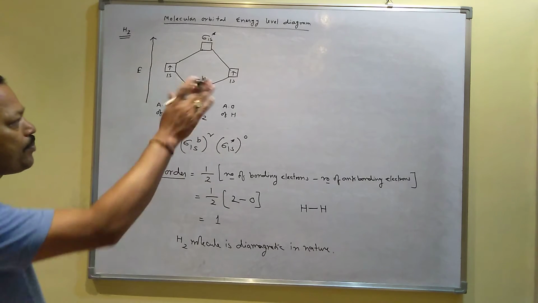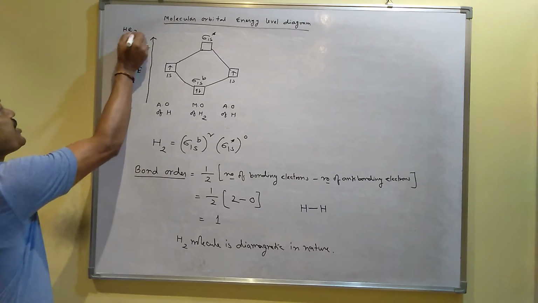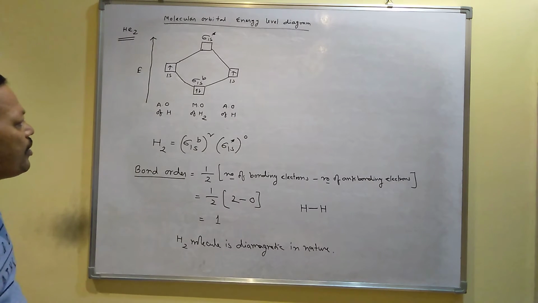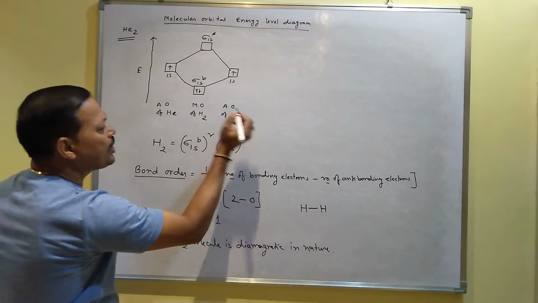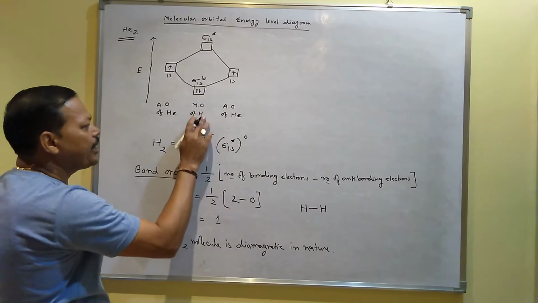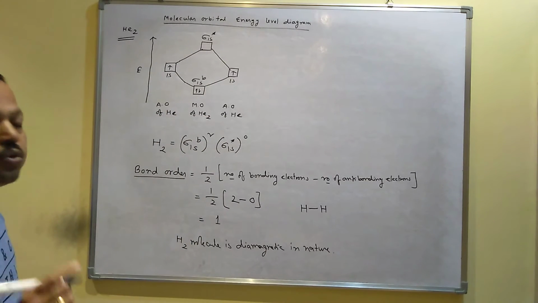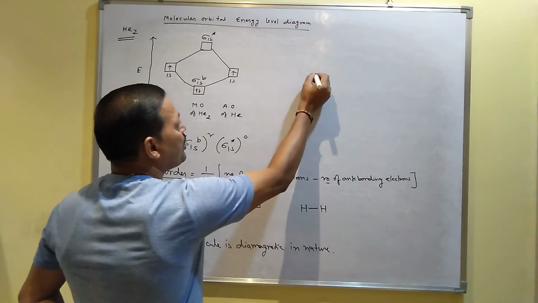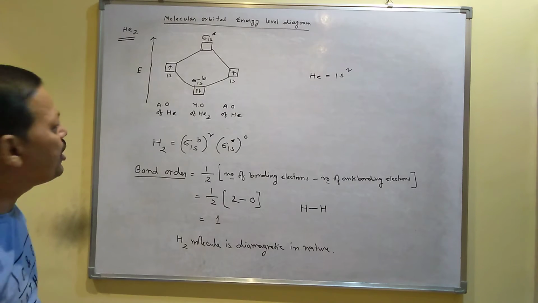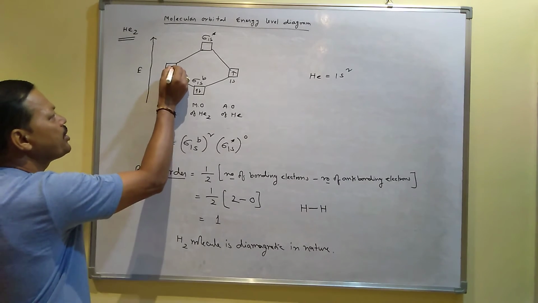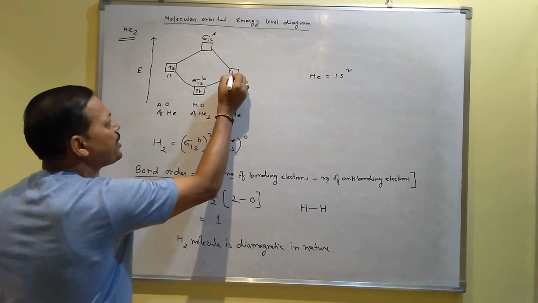Similarly, I will apply another one in this diagram. If you want to draw the helium molecule diagram, He2, then here you have to write the atomic orbital of a helium atom, here also the atomic orbital of a helium atom, and here you have to write the molecular orbitals of helium molecule, He2. You know the electronic configuration of helium? Helium is 1s2. The 1s orbital contains 2 electrons. So for this helium, there will be 2 electrons in 1s. For this helium, 2 electrons should be present in 1s.